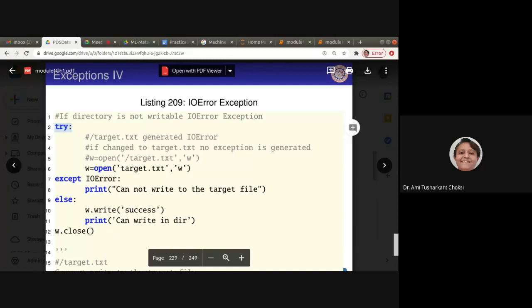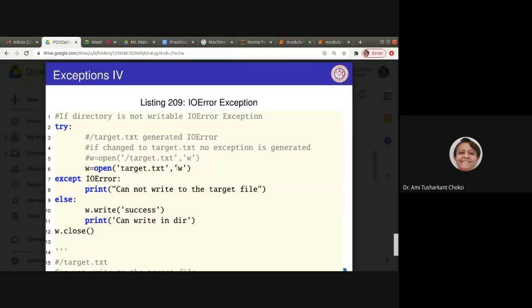Which can generate the exception. So w is equal to open target.txt with mode w. If the file is not available, it will create the file. So then what is the problem?